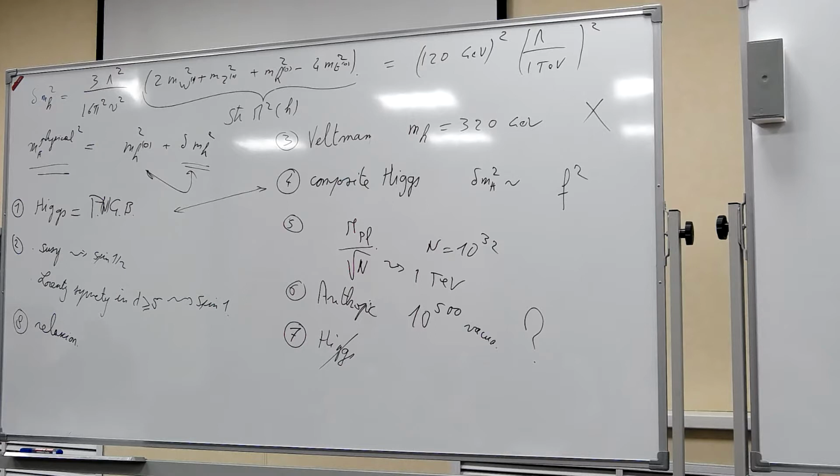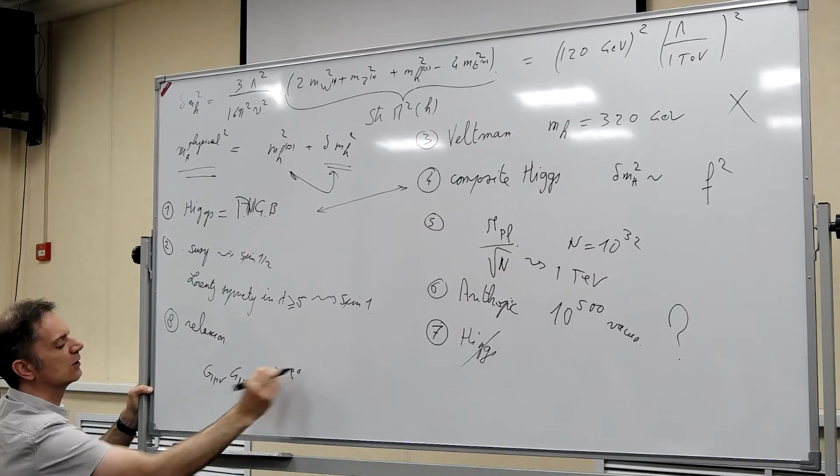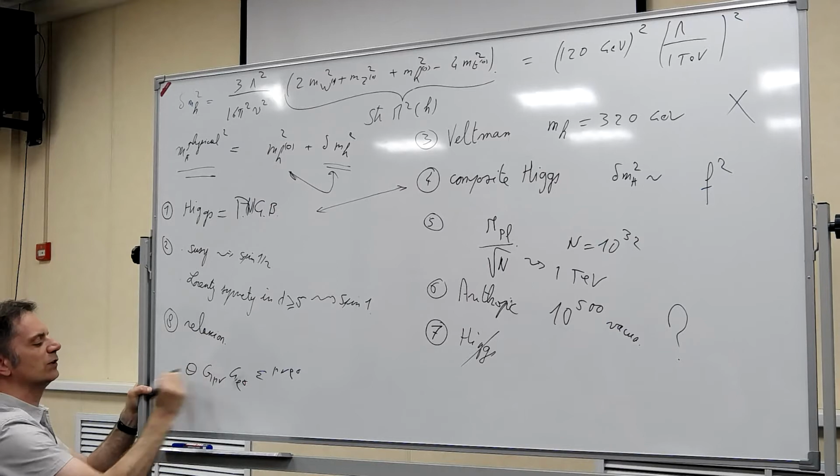That says that this parameter actually is not a parameter, but a field. And this field has dynamics and a potential, and it reaches its minimum at 0. So that's a dynamical explanation for why this parameter is small. And then the relaxion idea was simply to couple this axion, this field here, to the X in such a way that